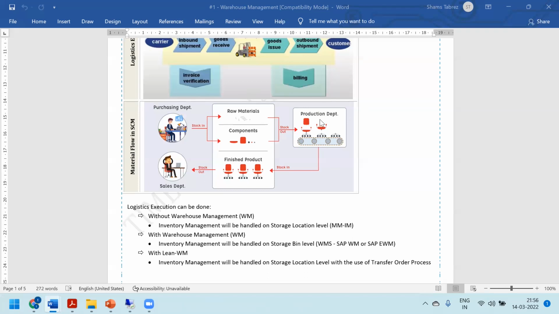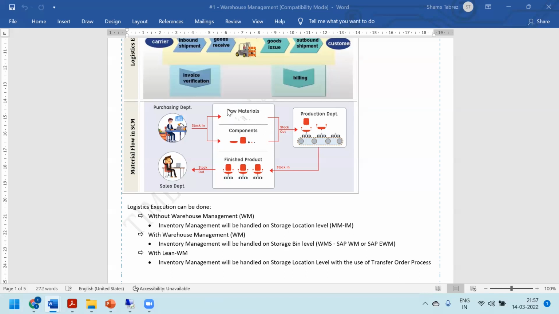because to make chairs, right? So what happened? The production department creates a purchase request, PR. This purchase request is submitted to the purchase department. The purchase department takes that request and buys those components from different suppliers, and after buying, the purchase department issues a purchase order to the supplier. The supplier will deliver, and whatever they deliver, these components and raw materials, are stored in our warehouse.